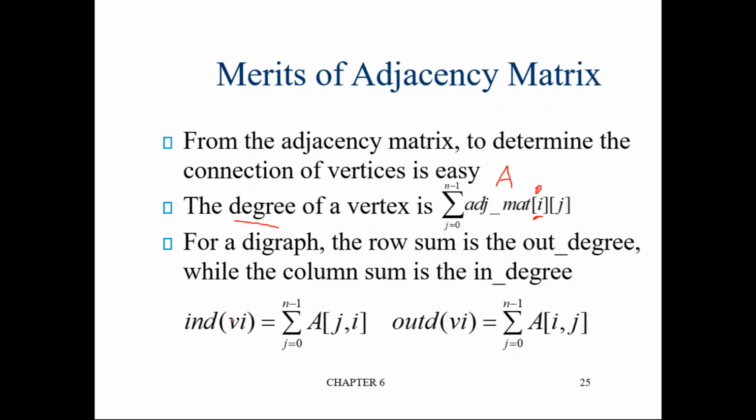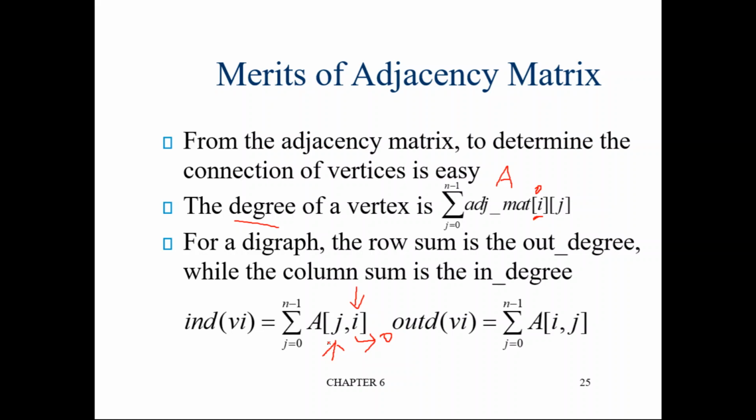But when you want to calculate the in degree from the adjacency matrix of a directed graph, here what is happening? Row is changing. See, first is always row. Row is changing, column is constant. Column here is i. i can take any value between 0 to n minus 1 because we have only that many nodes. So if i is 0, then we are talking about node 0, so it means column 0, but j is changing.